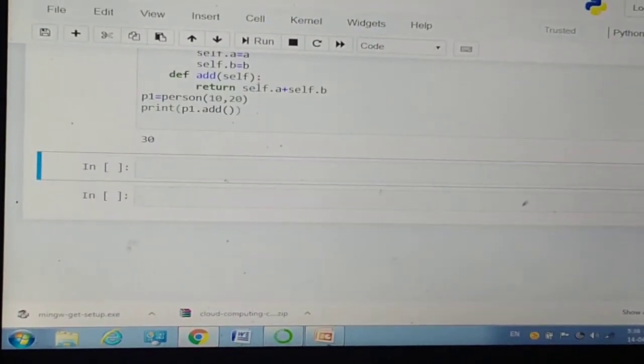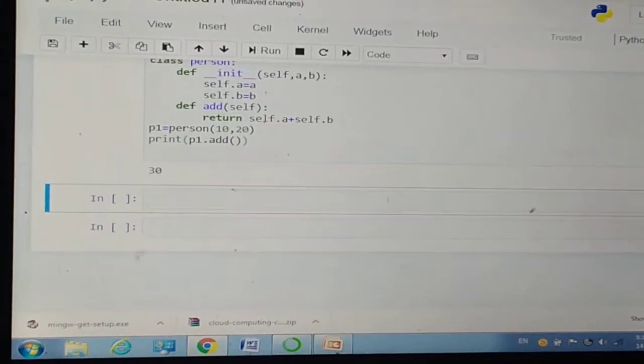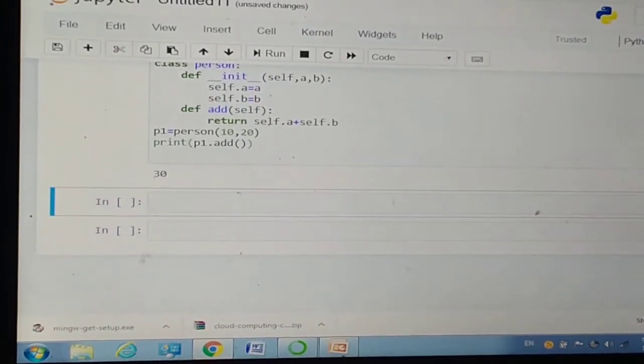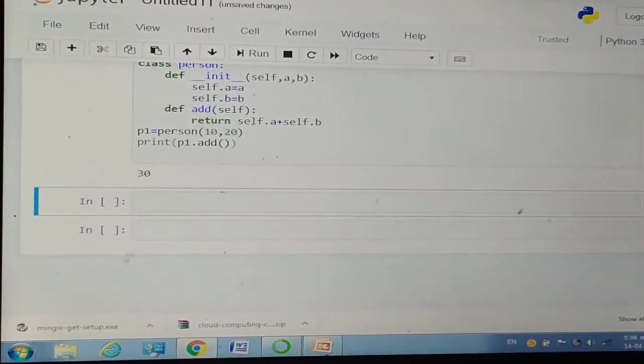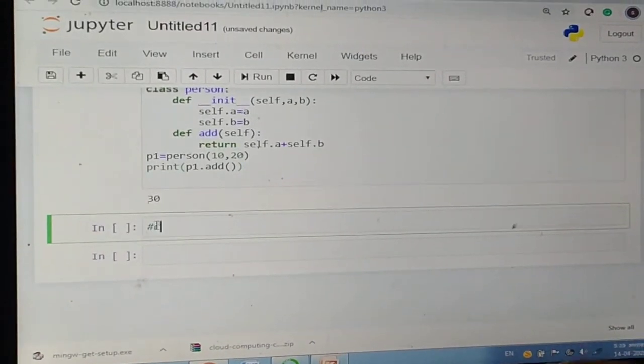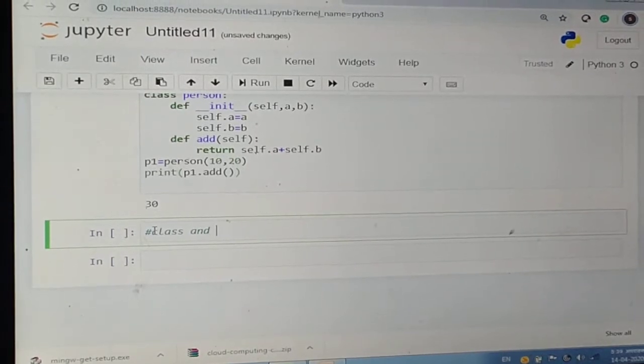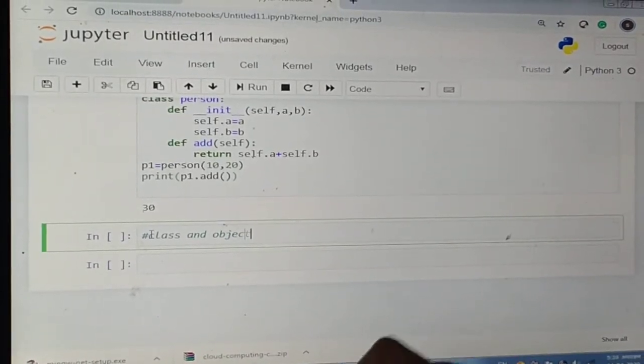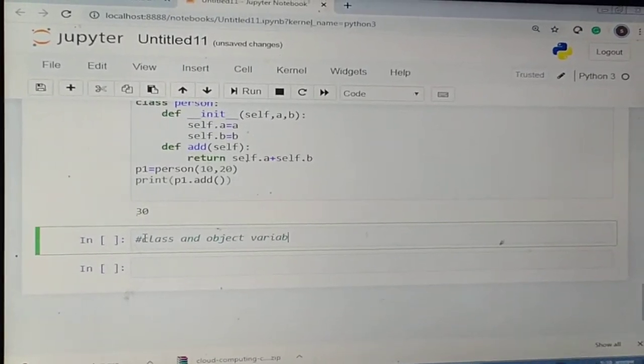Okay, so let's take one example where I am going to give both the class variable and instance variable. Let's take an example of class and object variable.